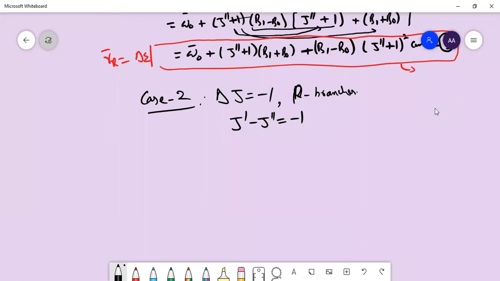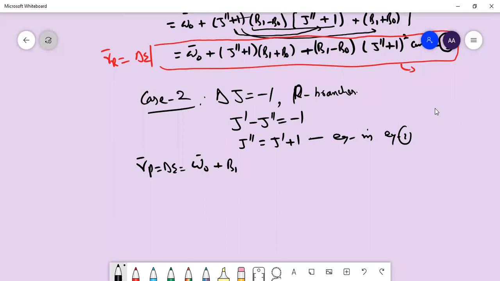And from this equation, I can write J double dash is equal to J dash plus 1. Now, I am substituting this in equation number 2, which is for P branches. I will write mu bar P is equal to delta E, omega naught bar plus, in place of J double dash, B1 ...